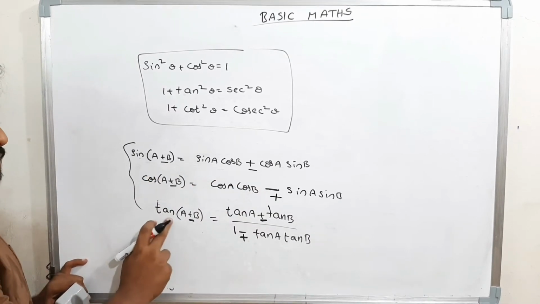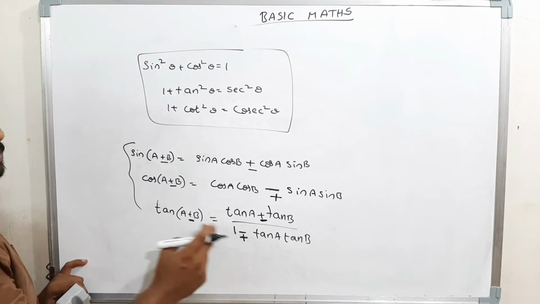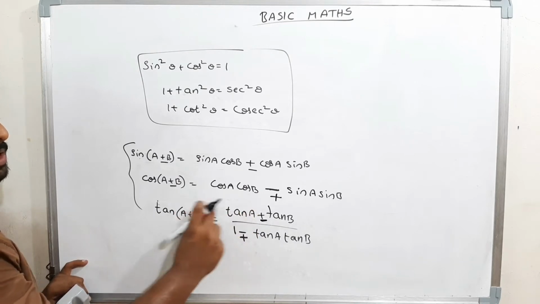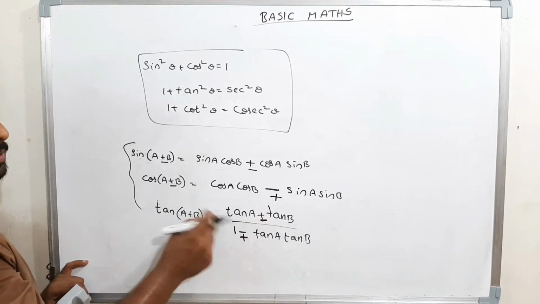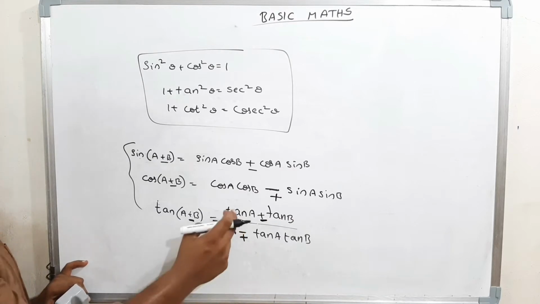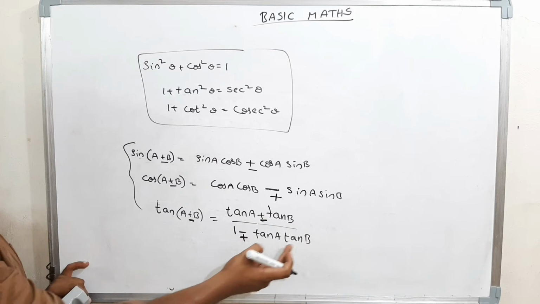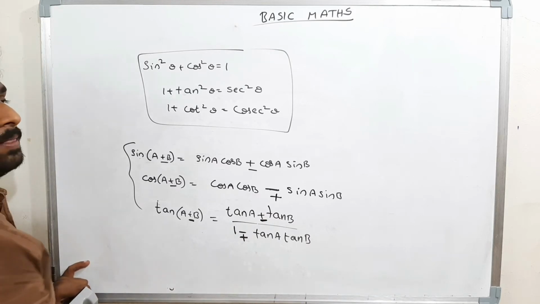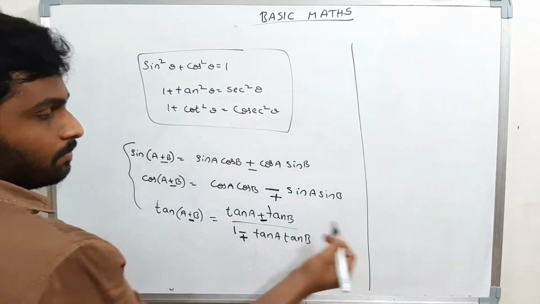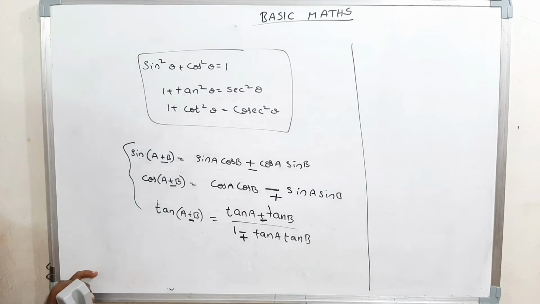And when it comes to tan, the bottom will change. For plus, the same sign will come to the numerator, but the opposite sign will come to the denominator. Tan A plus tan B by 1 minus tan A tan B, and tan A minus tan B by 1 plus tan A into tan B. Okay. These are clear, I think. Next we will see